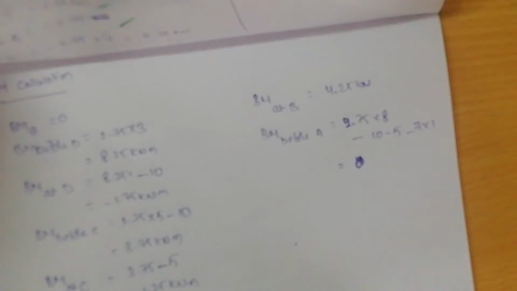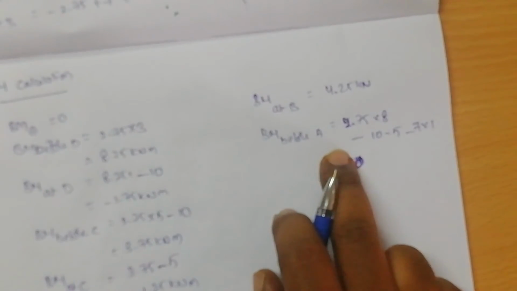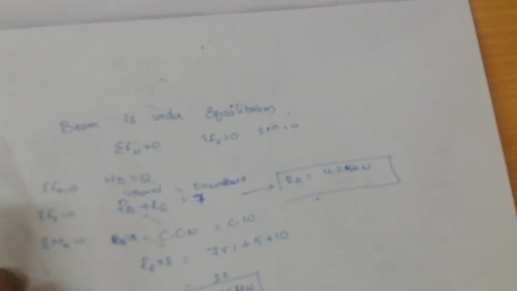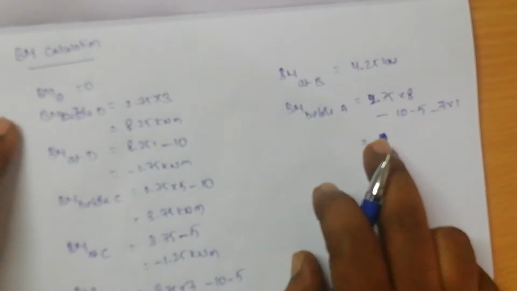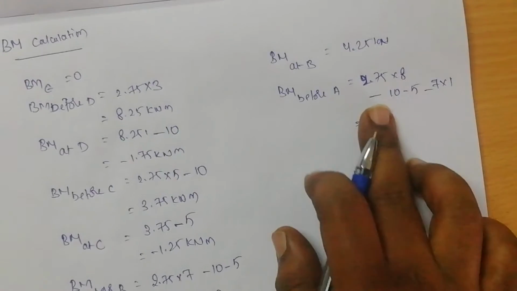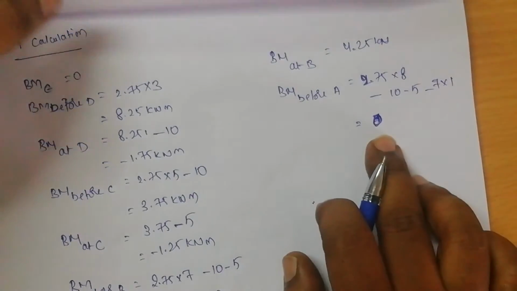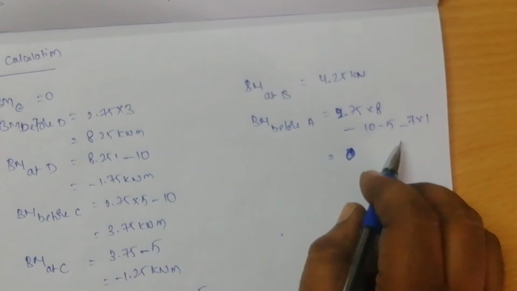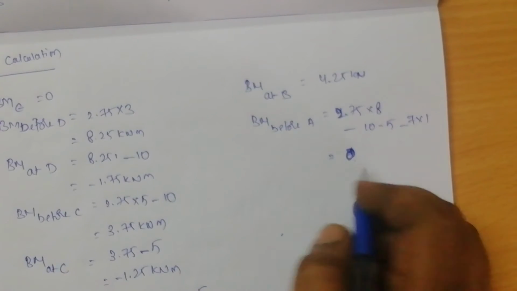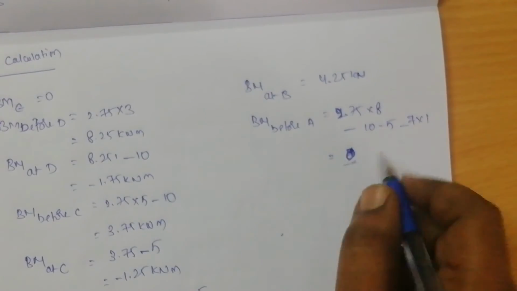You should get that doubt whenever you are getting moment at the point below the support. If you get some value of moment below the support, instead of getting 0, like here I have got 7, it means I have done some error. I have left this downward load, this 7 into 1, because of that I missed it. So when I got the value 7, I got the doubt that I had missed some value. When I found that I had missed 7 into 1, the value became 0.